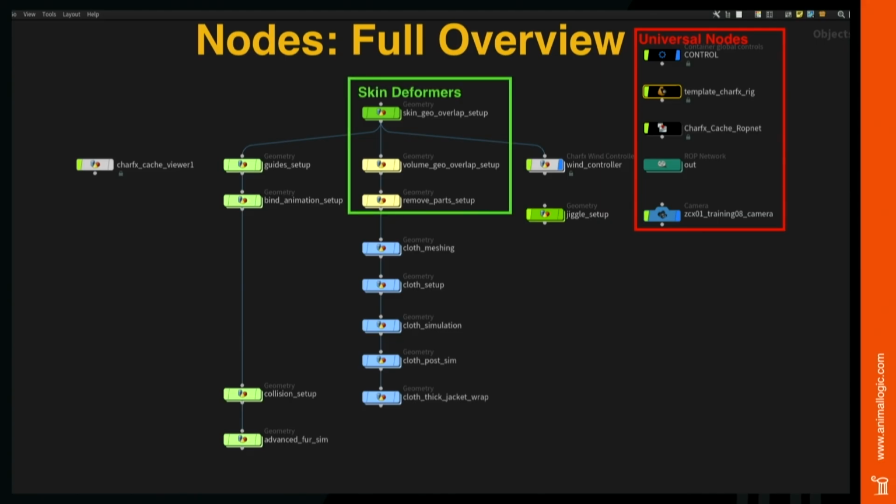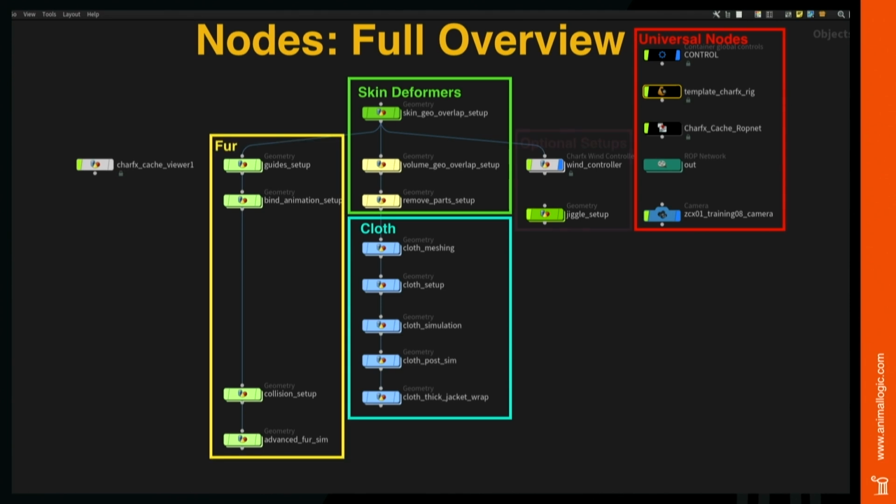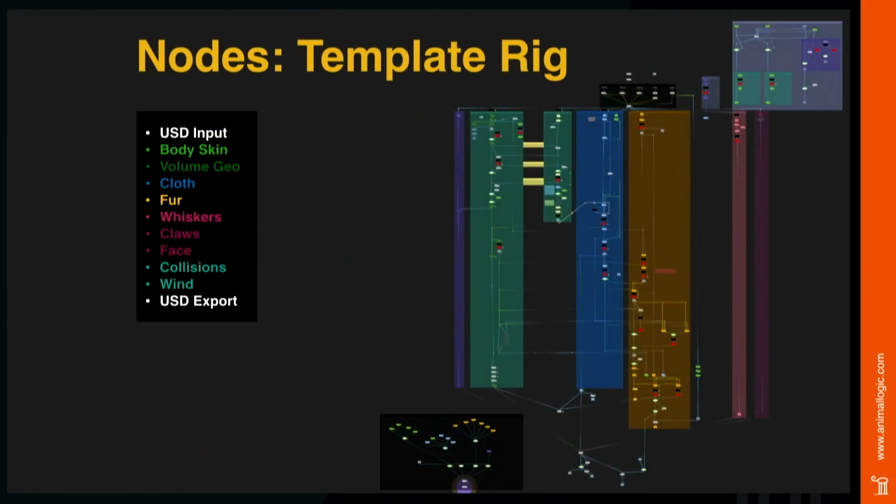We have a section for skin deformers. We have one for cloth simulation, one for fur, and any shot optional setups like wiggle or jiggling geometry or wind. So the main focus of this is this template HDA. And this holds all the connections between different sections of the rig, as well as data flow from input to output. So I'm not going to delve into all the details here because it's essentially just moving data around, but